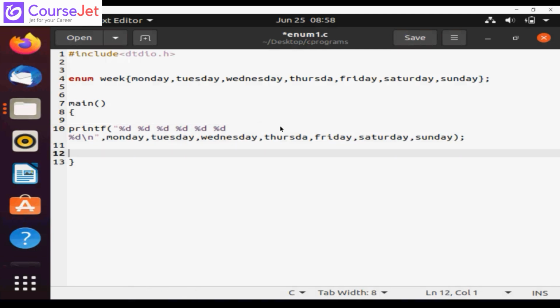Like if you have a pi value as 3.14, rather than writing 3.14 every time, we can declare pi using a name. If you have more values like that, you can declare them using enum, and then simply by using the name we can access it. Okay. So if we print it now,